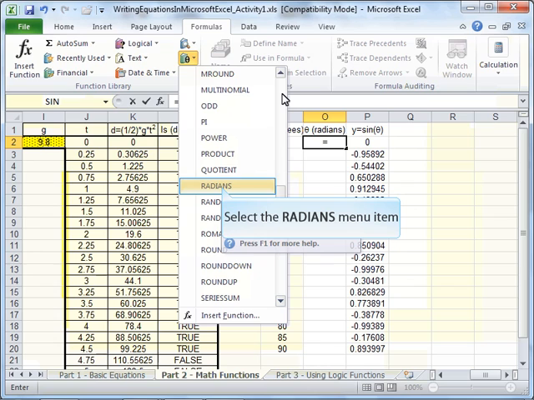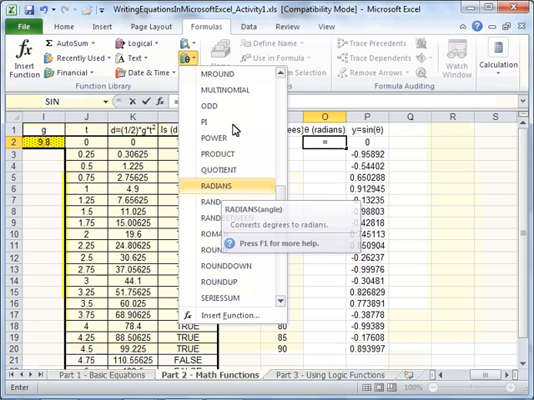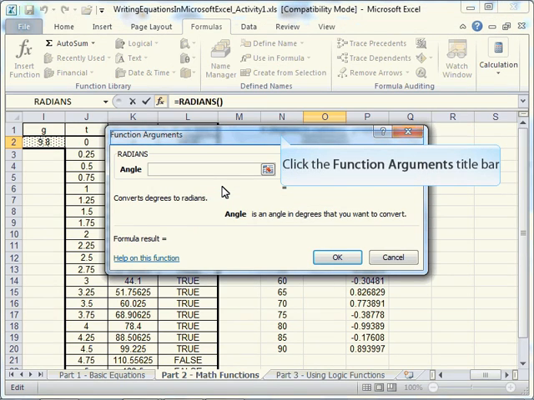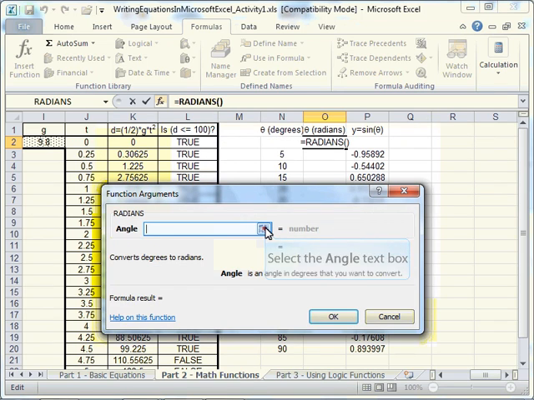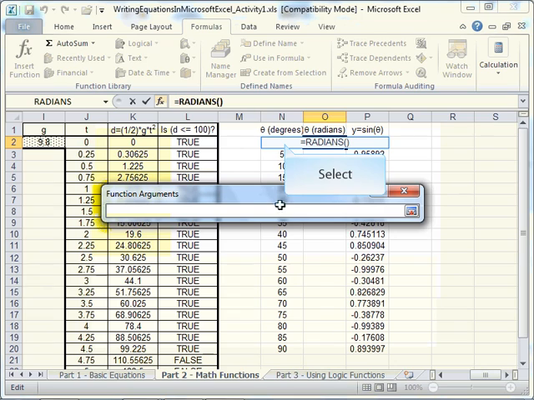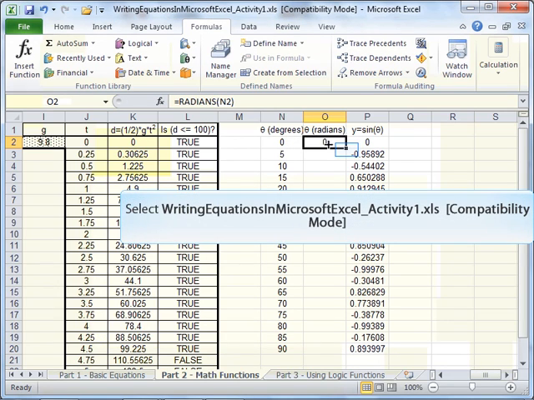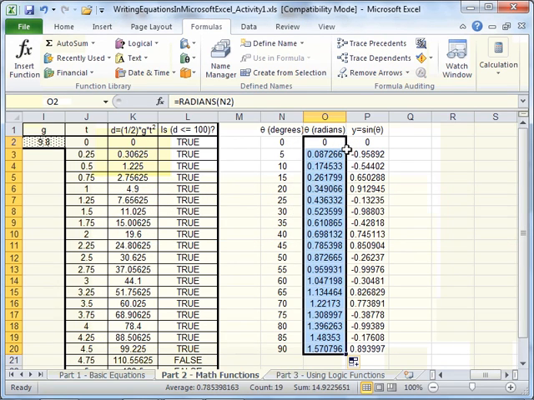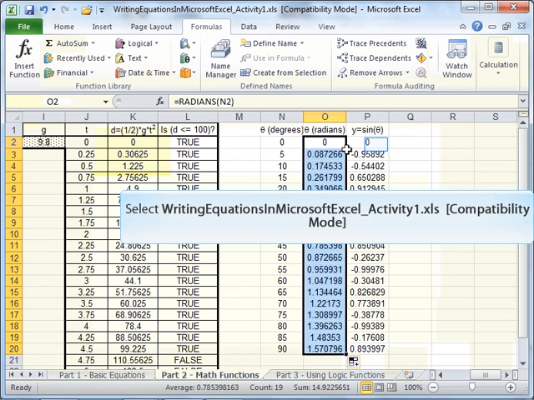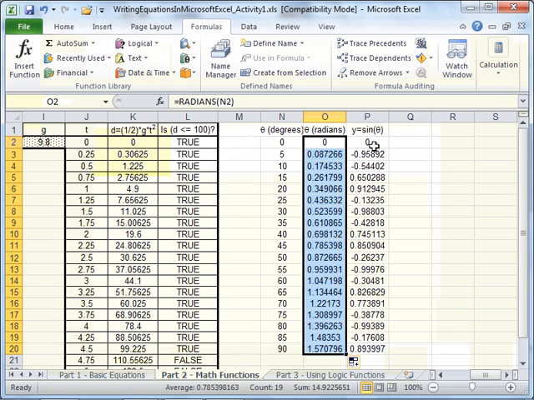And I will scroll down until I find a function called radians, converts degrees to radians, and all it wants is an angle in degrees. So that's in the cell next to us, my independent variable. Enter, enter. Now I drag this formula down. Now everything should work, right? Well, not quite. When I kick this column,